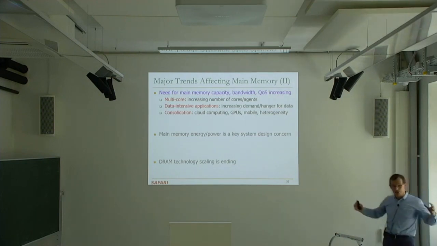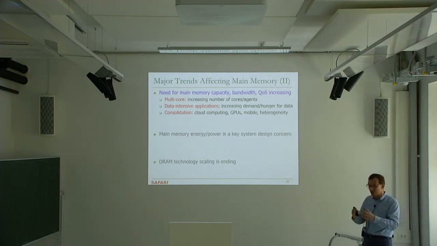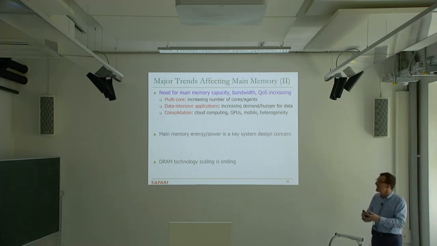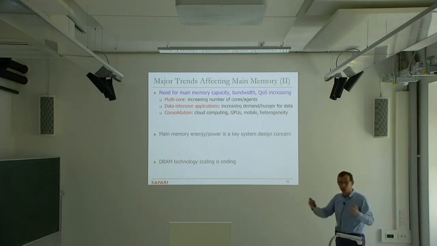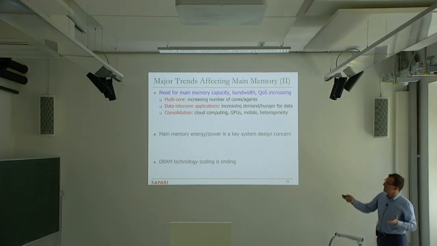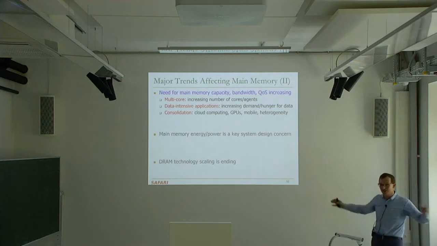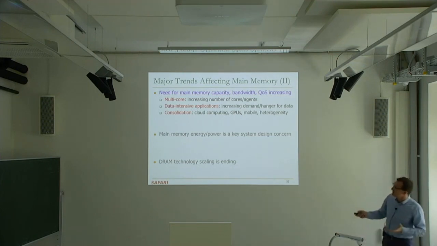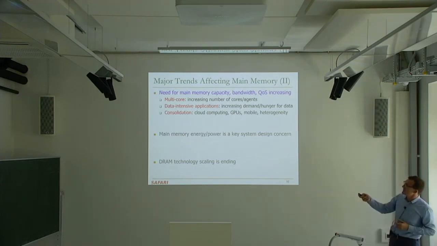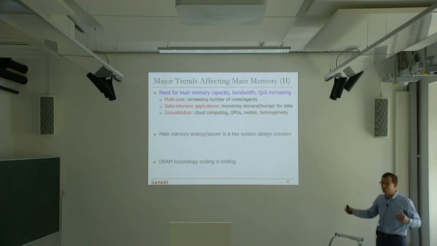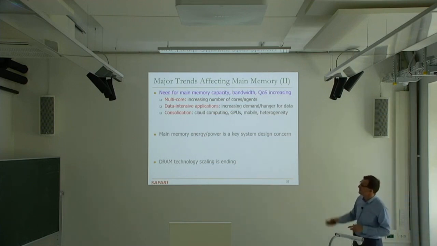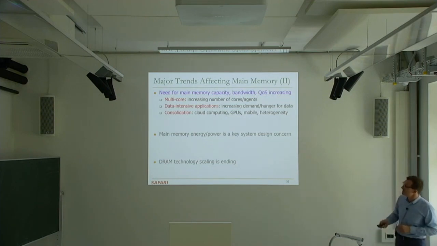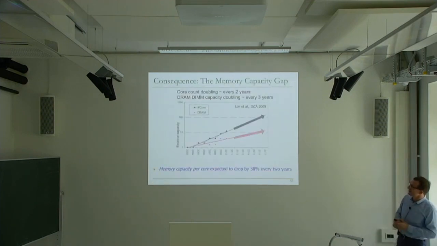And on top of this, we want to consolidate more and more. What does this mean? Basically, we want to put more computation, more applications on a single node, single chip, so that we can maximize the efficiency that we have in terms of resources, in terms of area, in terms of cooling. And this is true in cloud computing, for example. You don't want to have different data centers for different applications. You want to have a single data center and put many, many applications on it. Of course, this is increasing the capacity, bandwidth, and predictability, quality of service requirements on a single node up and up, and the latency requirements. So let's take a look at a couple of these.